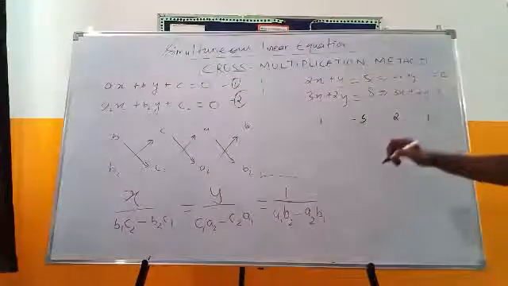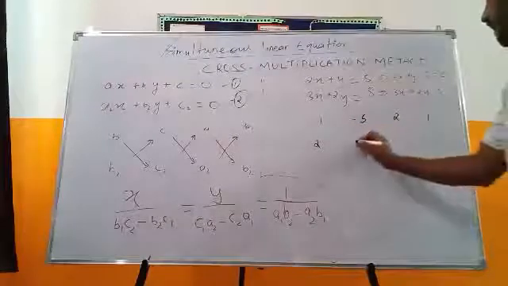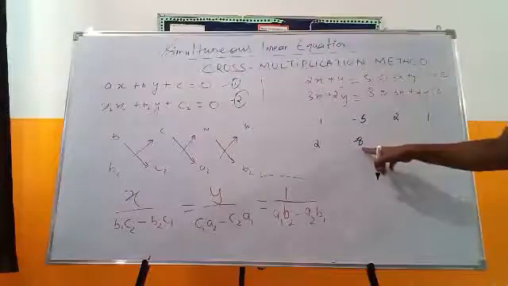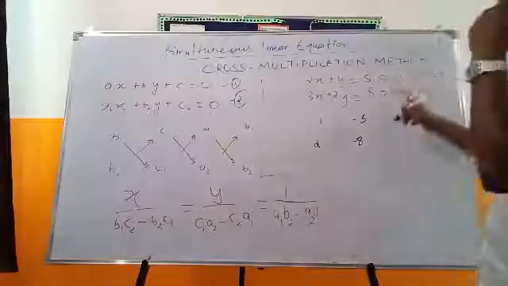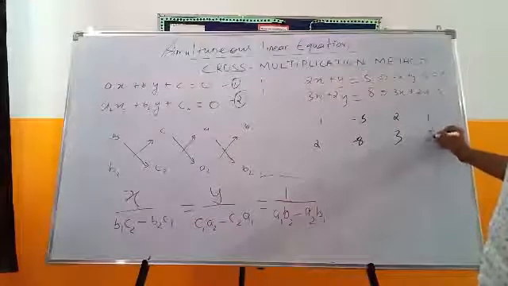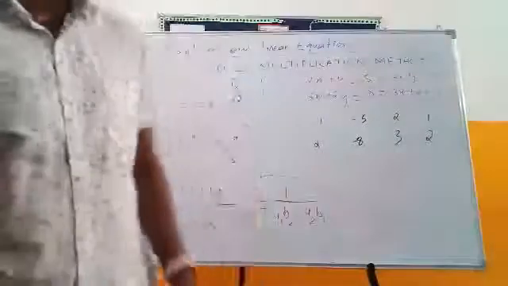This one will start with B2, and then minus 8, this is C. I'm writing C, this is C that I have written, and then again A2. What is A2? This is A2, 3, and then 2 again. What I'll be doing is I'll cross multiply all of them now.